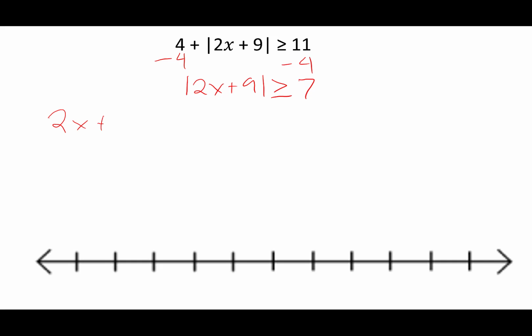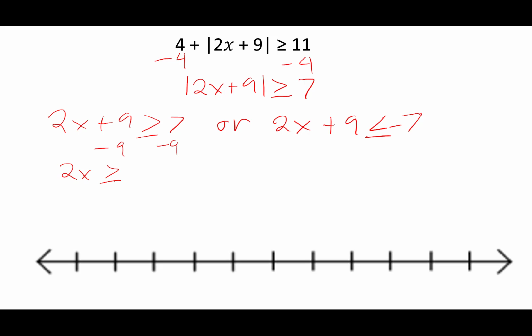I get 2x plus 9 is greater than or equal to 7. Greater, so this is an OR inequality, and 2x plus 9 is less than or equal to -7. So now I have two inequalities. So subtract 9 on both sides. I'm going to get 2x is greater than or equal to 7 minus 9 is a -2. And divide both sides by 2. We get x is greater than or equal to -1, or